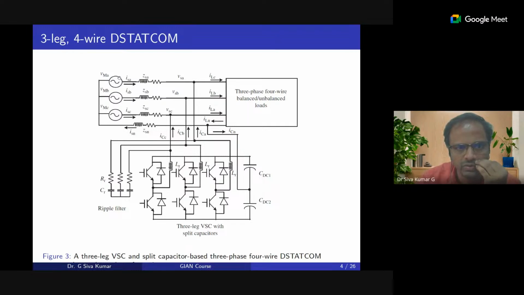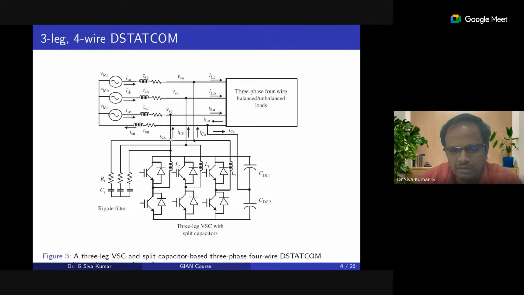You have a source. Forget about what kind of source is connected over here. In this case, we consider a three-phase, four-wire, balanced or unbalanced system. We have a fourth wire, which is a neutral wire. This is a three-leg VSC with split capacitors. And this STATCOM, this particular inverter, the voltage source converter,